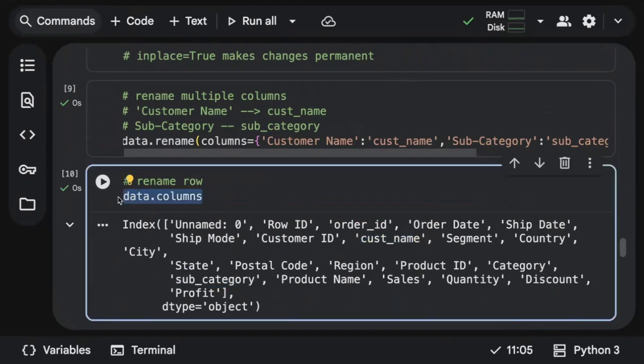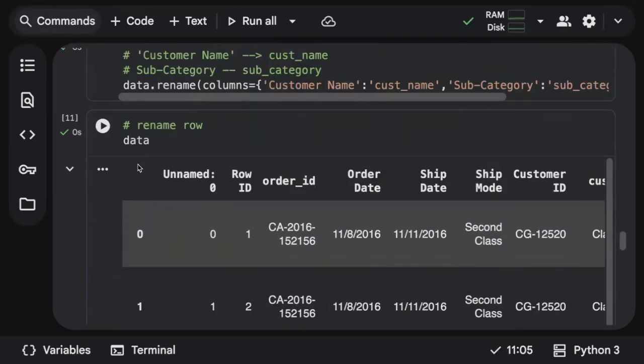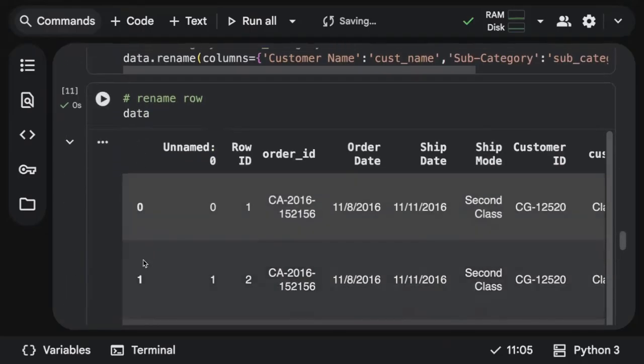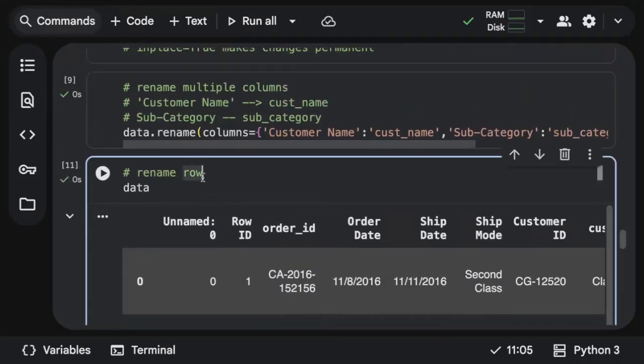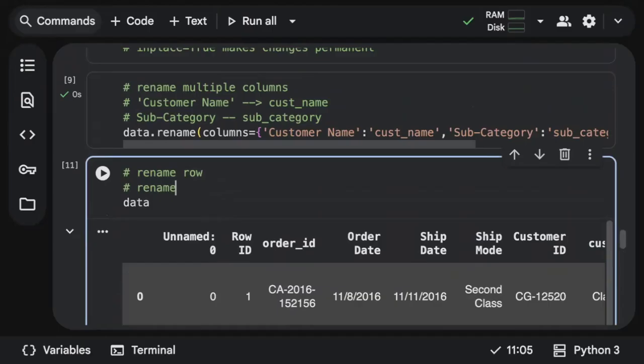So similarly, what if you want to rename the rows? Let's say you want to rename the first row. Usually, if I print data, all the row names will be indexes, right? Like 0, 1, 2, 3. Let's say you want to change the first row name to 101. Usually we don't do it. I know you'll be curious to know about rows as well, so I'm showing. But let's do temporary changes, because permanent doesn't make sense. It should be an index. It should always start with 0, 1, 2, 3 only. But still I'll show how you can replace.